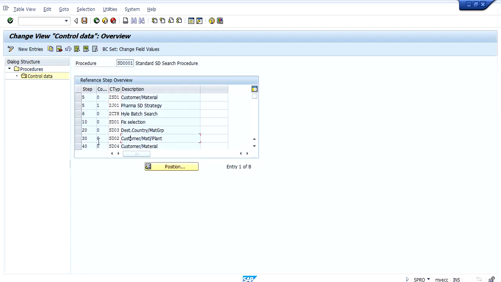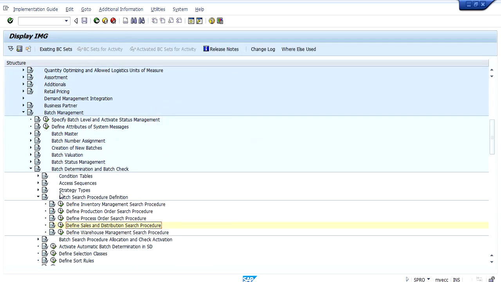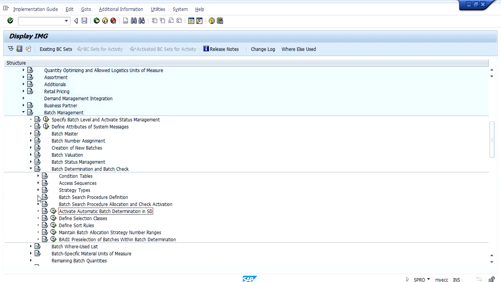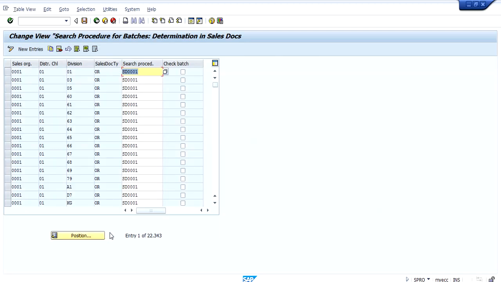We have to make sure that this strategy type exists in this batch procedure. And finally, we have to allocate this batch search procedure for whichever sales org, distribution channel and sales document type we are using.